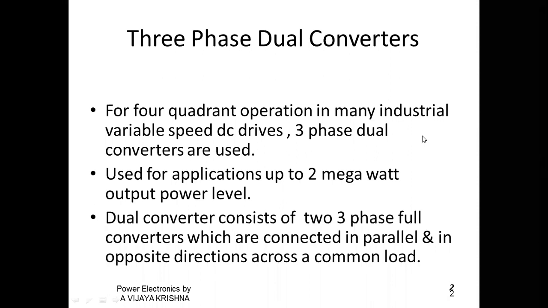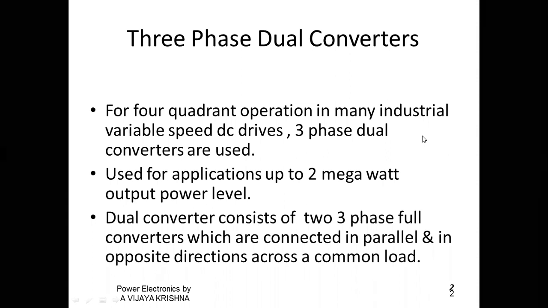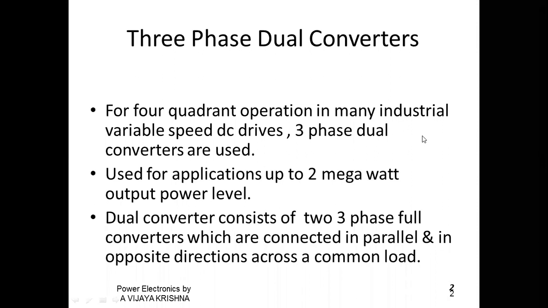Here, the motor rotating in the forward direction is called clockwise direction. This is one operation. Next, the motor is operating in the reverse direction, or anti-clockwise operation. This is another operation. So we are getting two operations. If you consider these two operations, we call it two quadrant operation. But in addition to two quadrant operation, there is also braking, forward